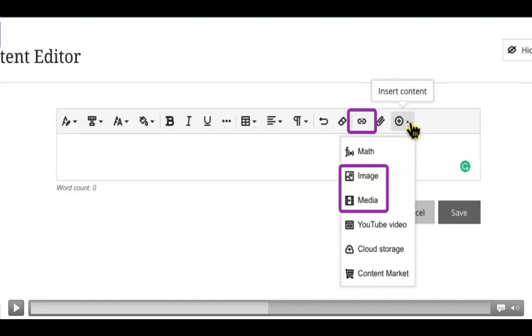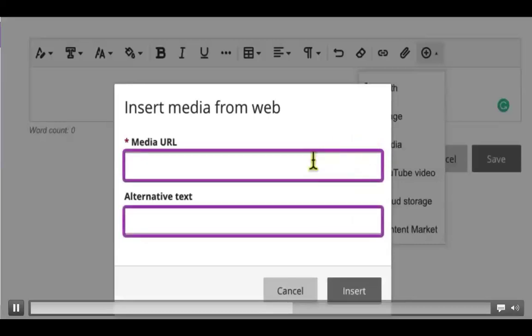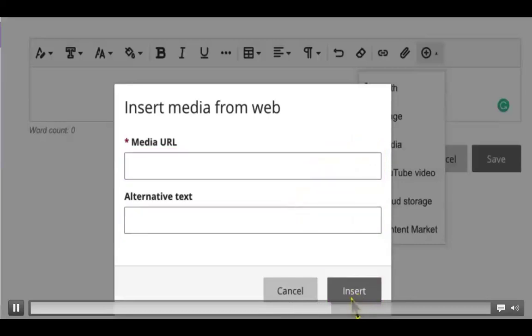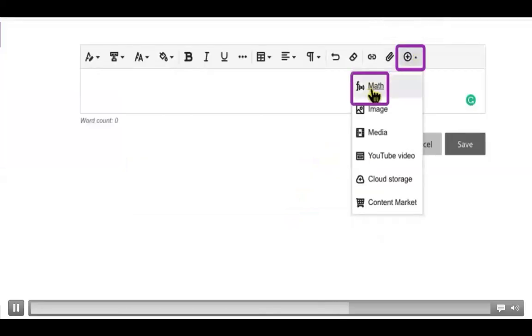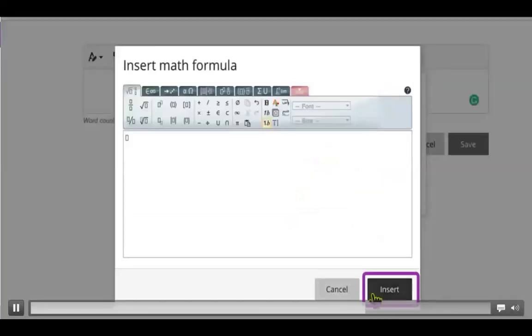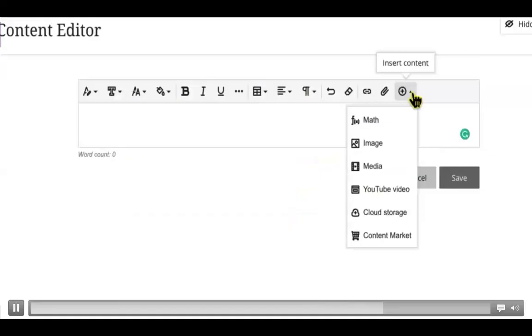If you want to add this, you just click on a plus sign and you will upload an image, any kind of video, you can use it. You want to add, paste the URL, add alternative text, and then select insert. You can also launch the math editor to embed mathematical formulas in your text. And finally, you can upload files from your computer or add additional content such as YouTube videos or other files